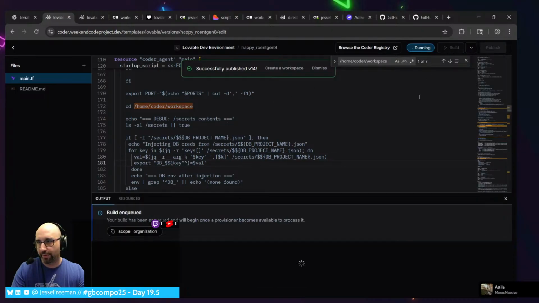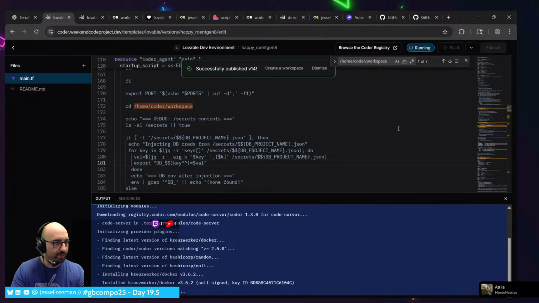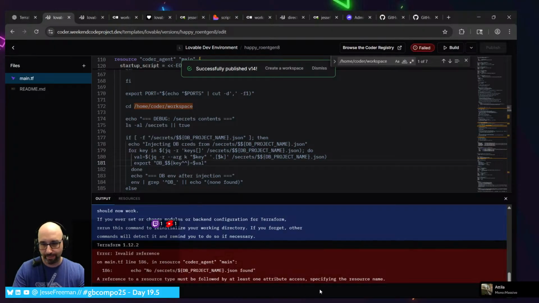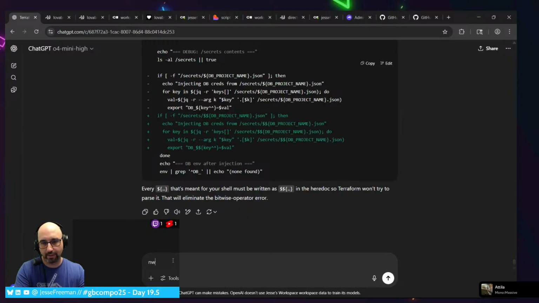All right, let's build. It should be V15. Nope. All right, now I am seeing this error.